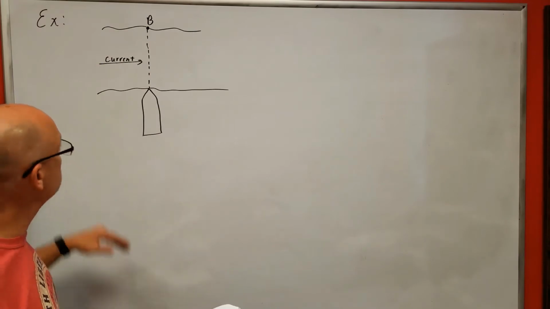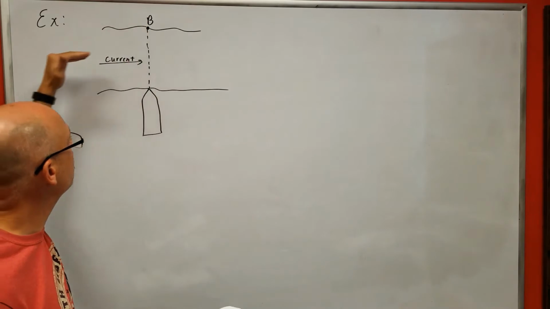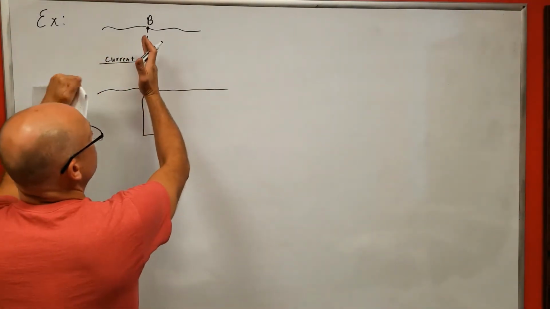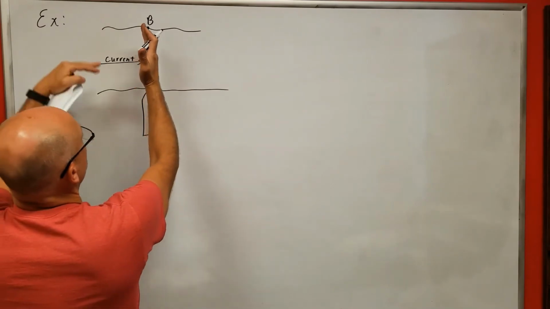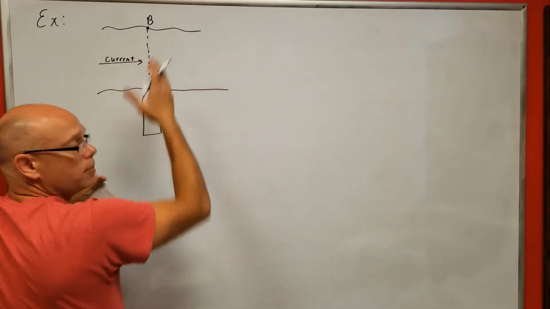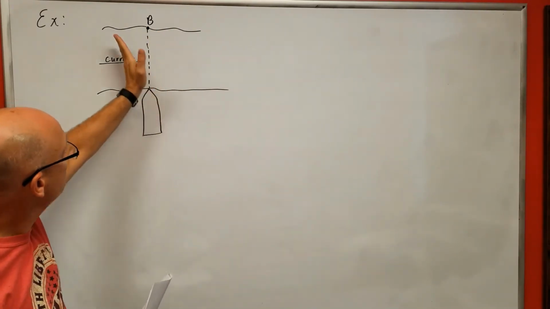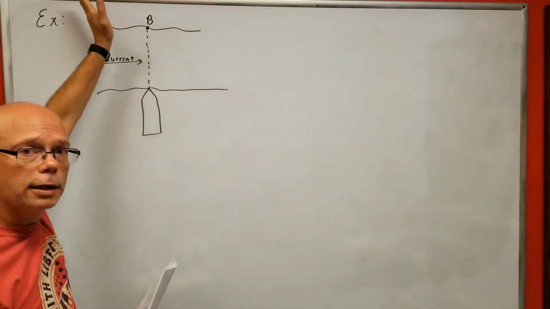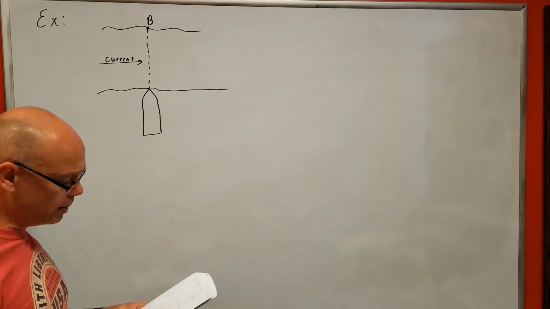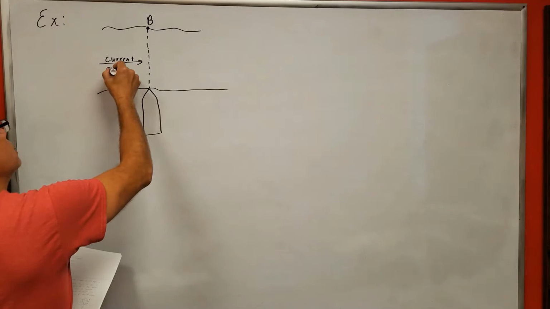The problem is we have a current that's pushing, okay? And B is straight north. We got a current pushing that way. So what's going to happen if the boater points his boat, his or her boat, straight like that? If the current's pushing against it, it's going to kind of push the boater off, right? So if the boater wants to get exactly there, then they're going to have to angle at a direction like this, right? All right, if the current is 0.4 miles per hour due east,